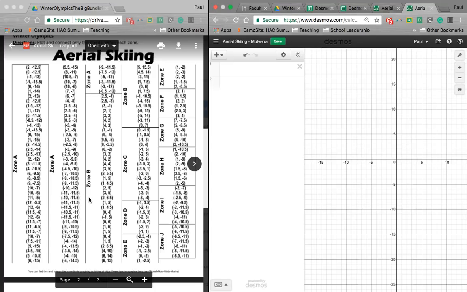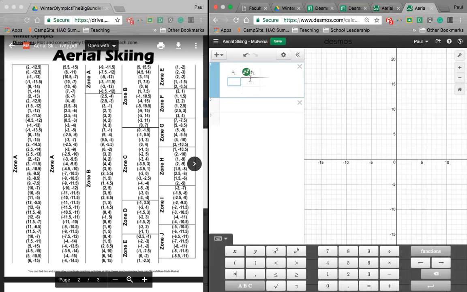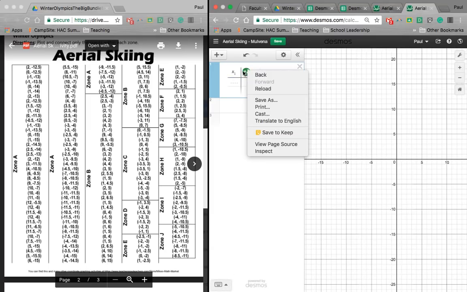For an example, okay? To get started, since there's so many points in zone A, I'm going to do everything backwards and start with zone J first. I have to get a table, so I'm going to press up here where I hit the plus sign to add an item, click on table, and from here I have an XY table, so I'll be able to input my ordered pairs. Next to my Y here, my output, my range, you see this little option here with the dots. If I press Control and click on that,